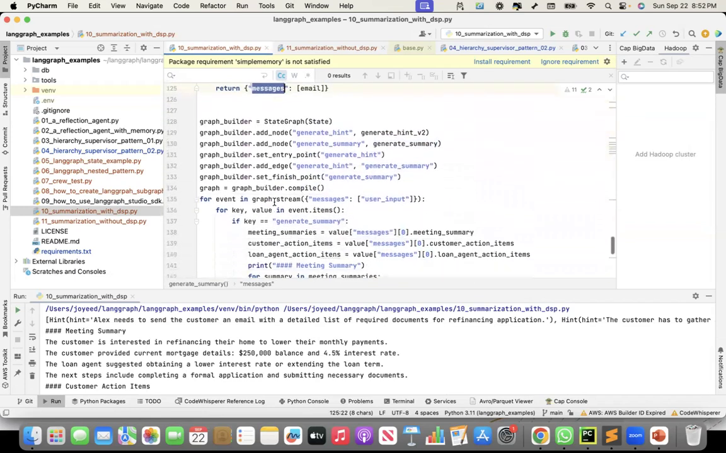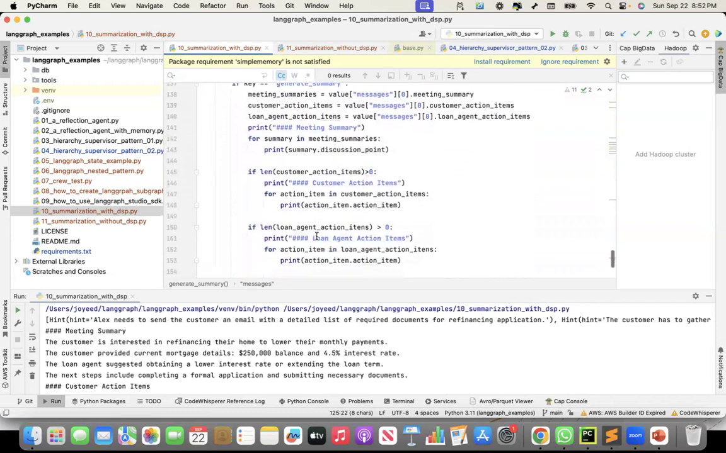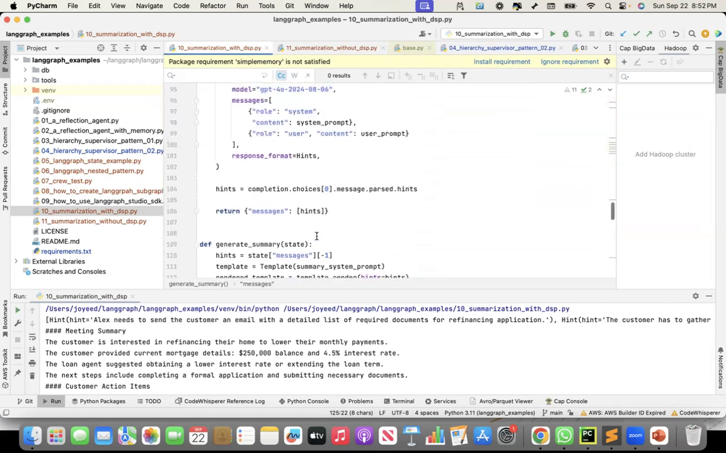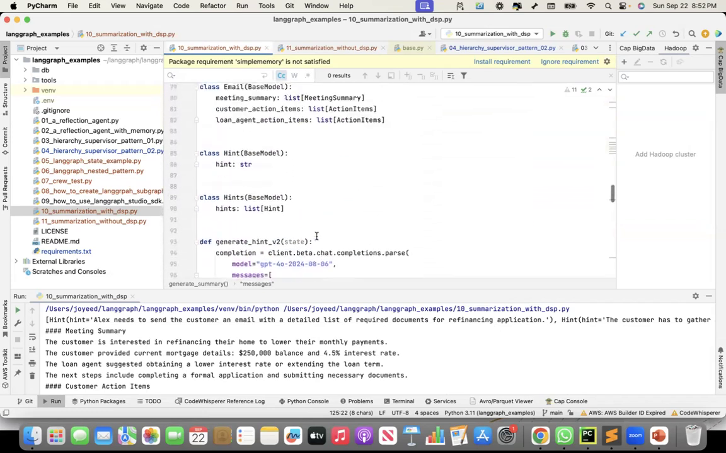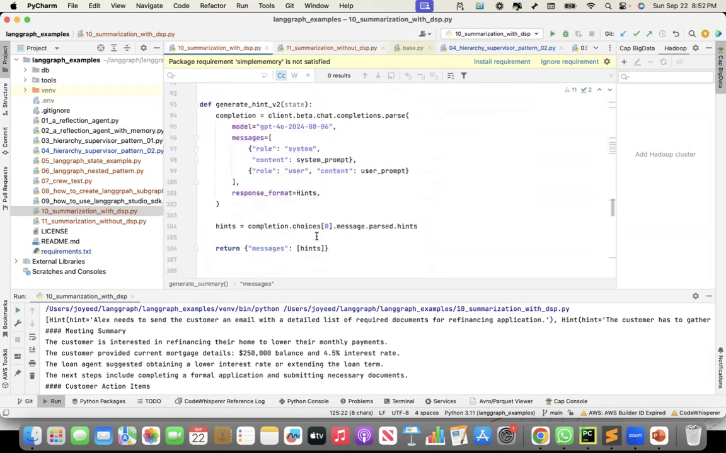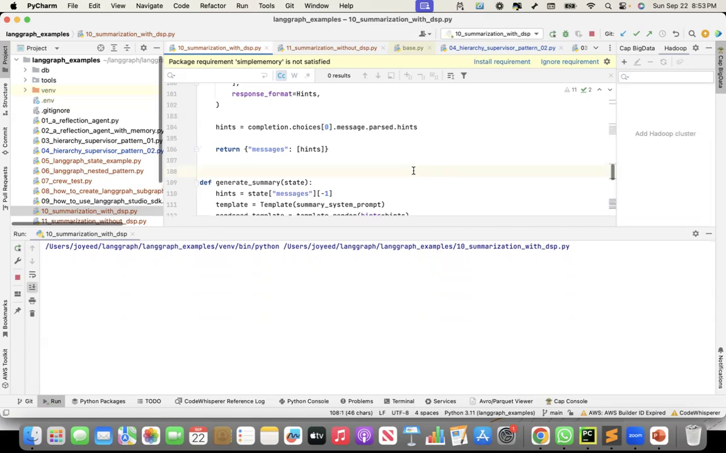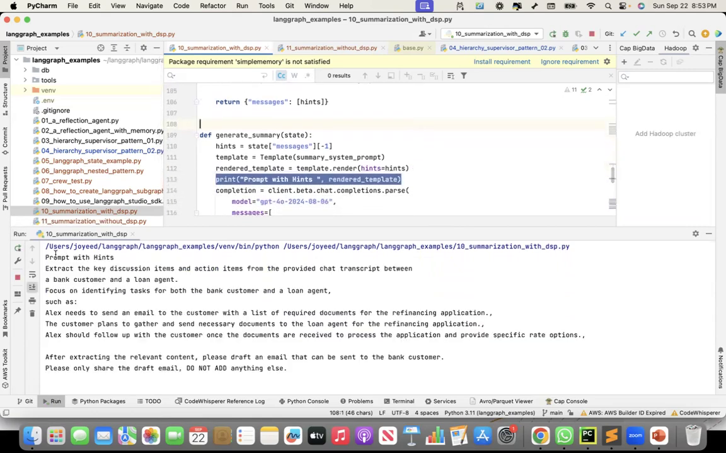This is where I'm building the graph, and this is where I am executing the workflow. I have a print statement here so that we can see what hints it created. This print statement will give me the prompt that I created with the hints. Let me run this and show it to you. As it is running, see the prompt with hints is extract the key discussion